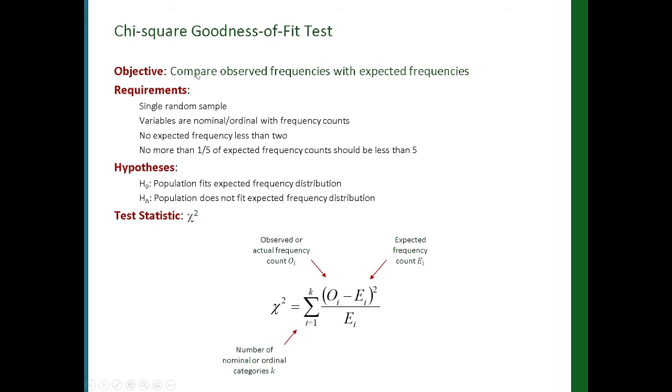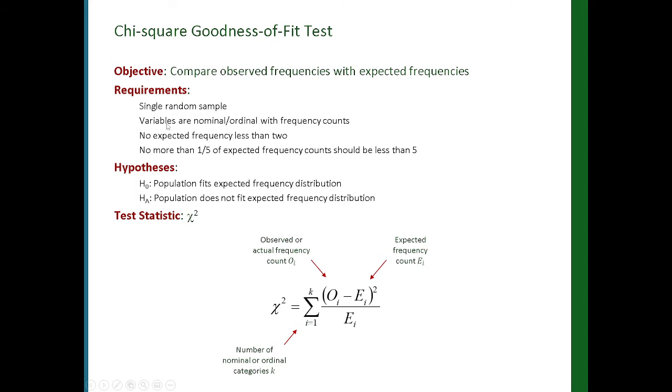For the chi-squared goodness of fit test, what we're doing is comparing observed frequencies with expected frequencies, and there are quite a few requirements. We would expect that the sample we're collecting, just the single sample, is randomly collected, that the data